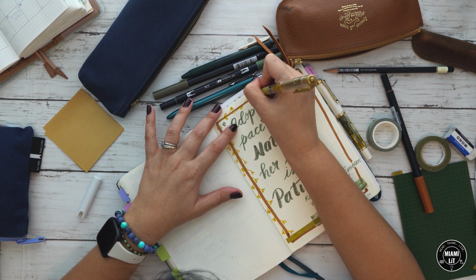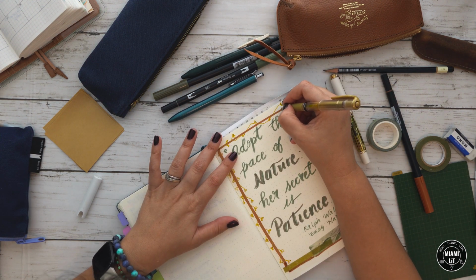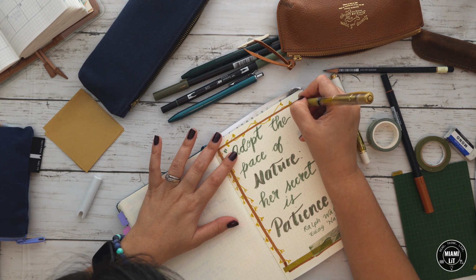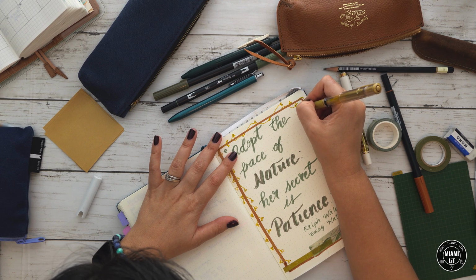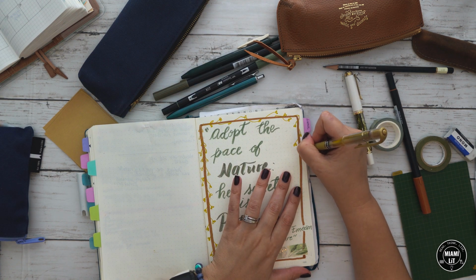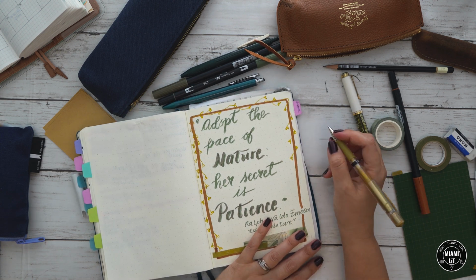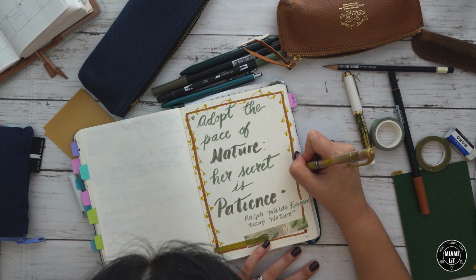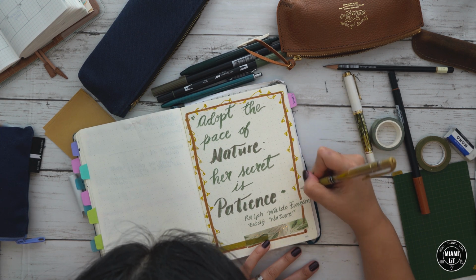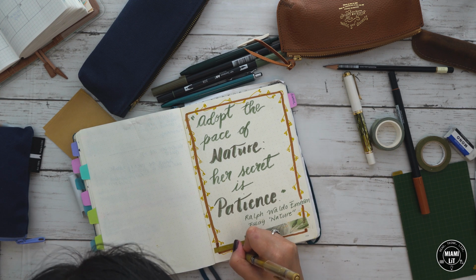I know it may seem tedious to some to have to put so much work into a notebook at the beginning of every month. I sure had that opinion before I decided to give bullet journaling a try myself. And I have to tell you, it really does something for me having to face this blank notebook and really think about how I'm going to structure it for the month